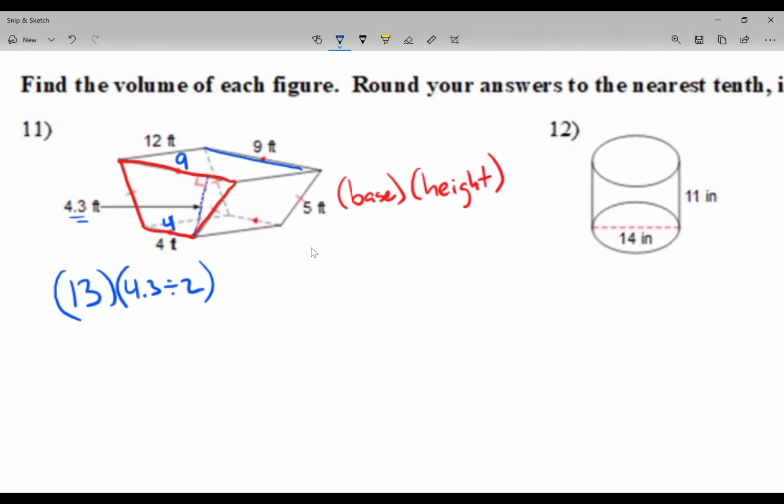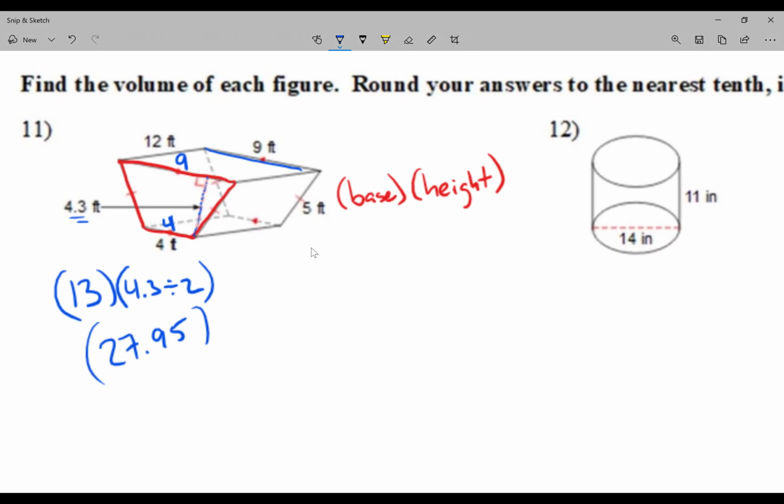Okay, so I'm going to use a calculator. I'm going to go 13 in one parenthesis, and in the other parenthesis 4.3 divided by 2, and I multiply everything. This is going to give me 27.95. Now, keep in mind, this is only the area of the base. 27.95 is just the area of the base. So if I round this to the nearest tenth, it will be wrong, because I'm not quite done yet. I have to multiply this by the height